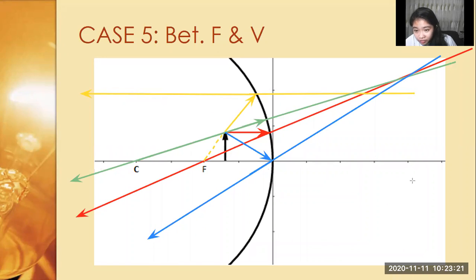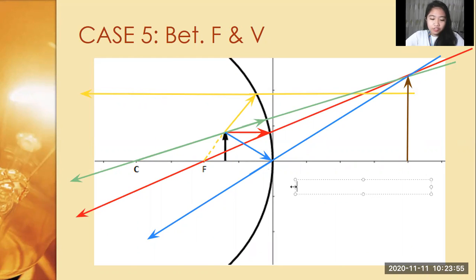Okay, I think right here. And so all of the extended lines are not actually reflected rays. They should be broken lines. Okay, again, they should be broken lines, but because of the limitations here in Zoom, I cannot do broken lines. So this is where our image is found. Okay, so now let us determine the magnification and everything.